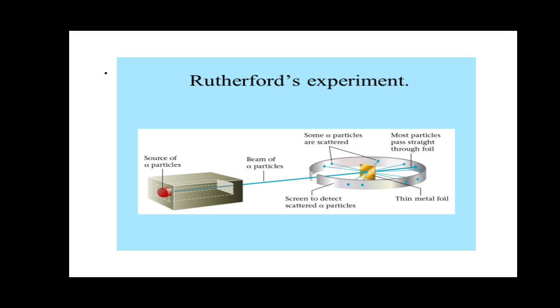When a beam of alpha particles from radium C was passed through a thin sheet, 0.0004 centimeter of metal like gold, copper and platinum or silver,